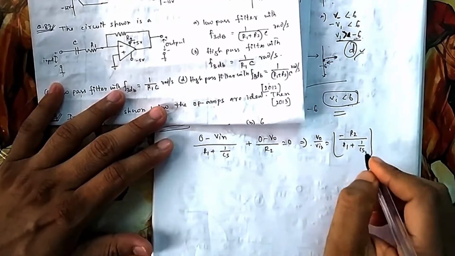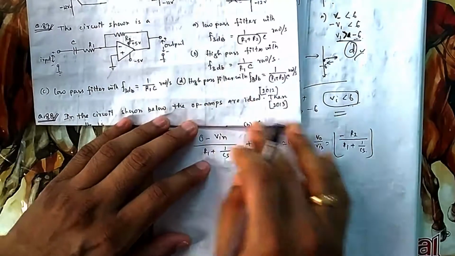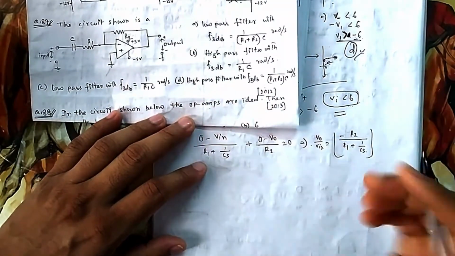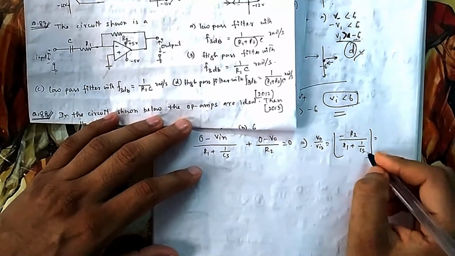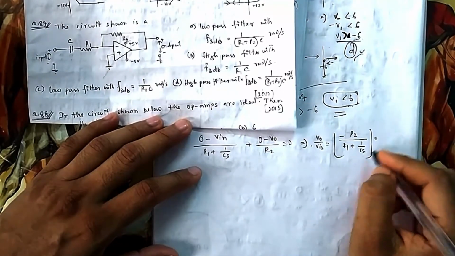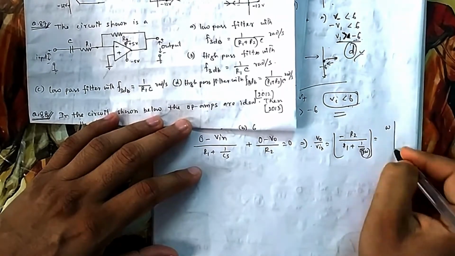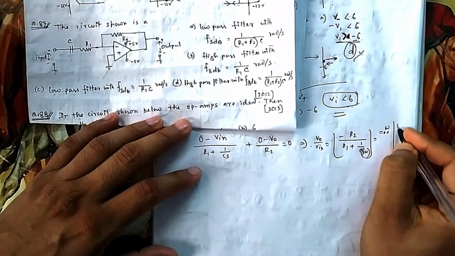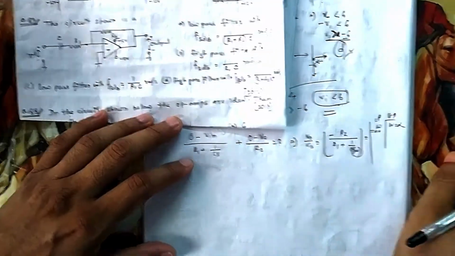We have to keep it in the denominator, because I will be putting omega 0 or infinity first to check whether it is low pass or high pass, then we will check that frequency whatever they are asking. Now you put s equal to j omega. If omega is 0, I am considering low pass, and omega equal to infinity, I am considering high pass. So let us see in which case we are getting gain.